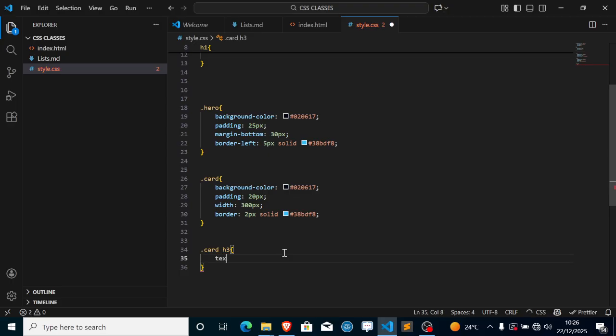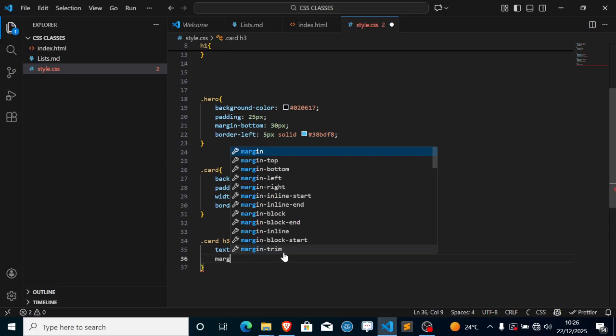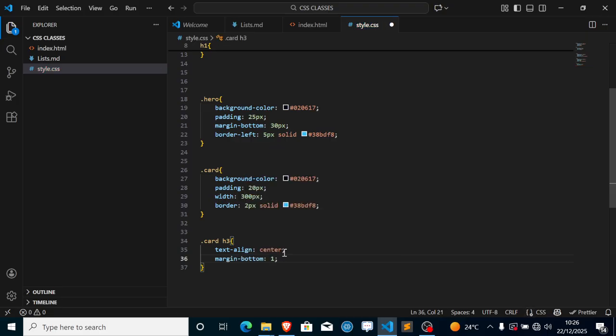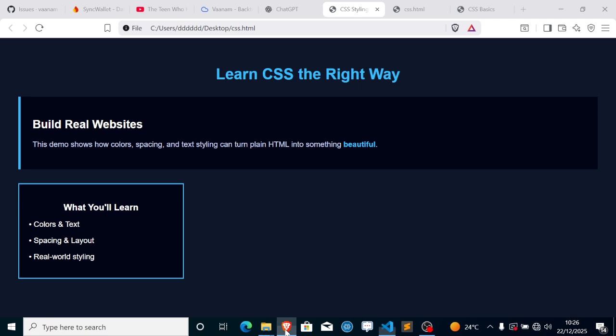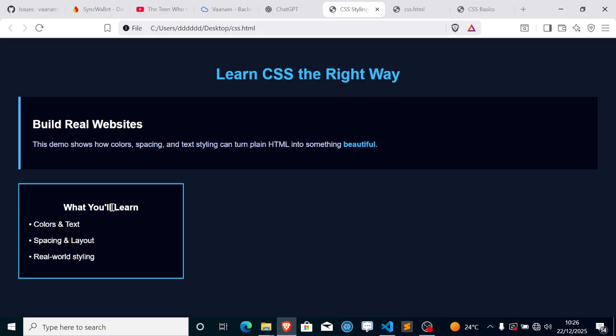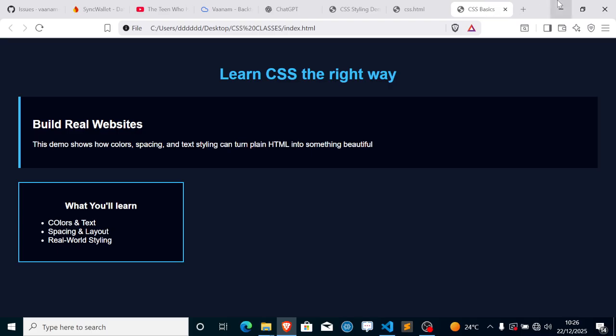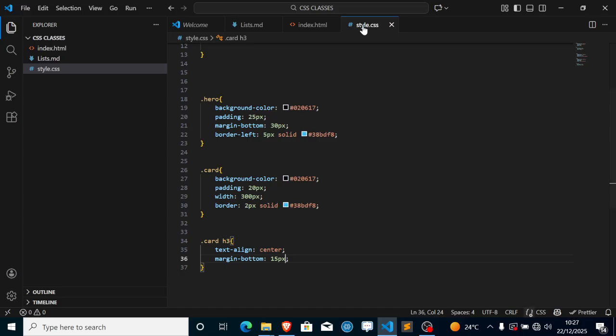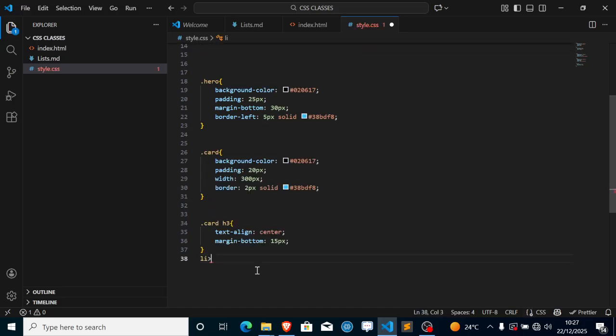So I'll give it a text align, center, and margin bottom. The margin bottom of 15 pixels will be better. So save. Let's look at what we have been programming and refresh, and as you can see, it looks almost the same, just that there is a space here and the way I've written the text here is different. So let me go back to my index and remove this. It should be .card, and then target my li,